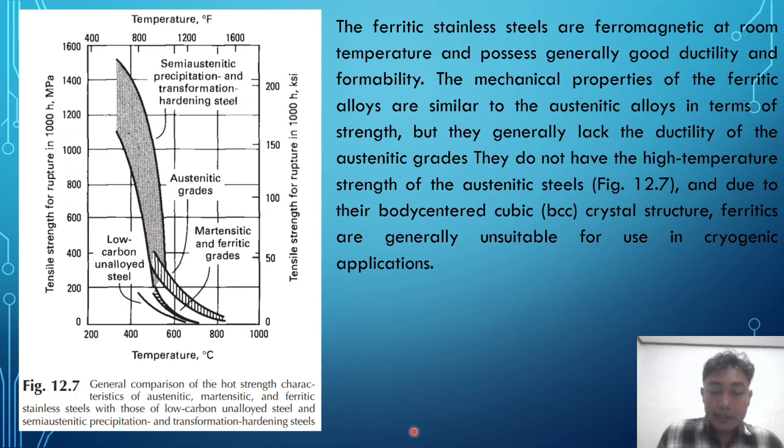This is picture 12.7, and due to the body centered cubic BCC crystal structure, ferritics are generally unsuitable for use in cryogenic applications. Next,